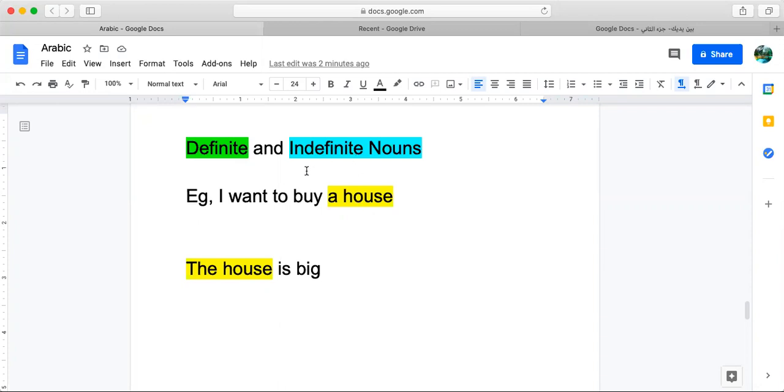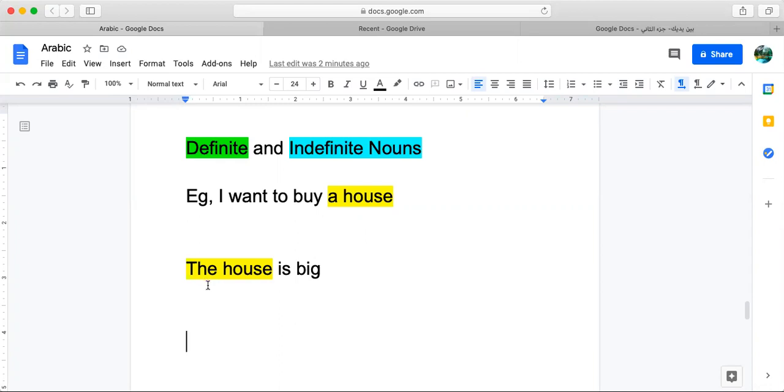So indefinite is anything that is general, and in English we say a house, an apple, a tire, a watch, a car, a chair, a table. So that's a man, a woman, a child. So these are indefinite. While on the definite,